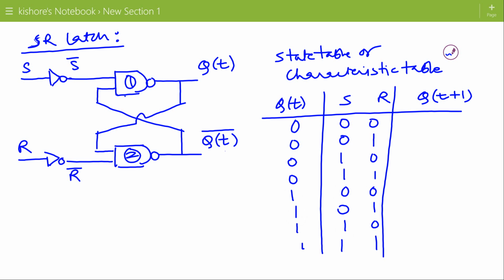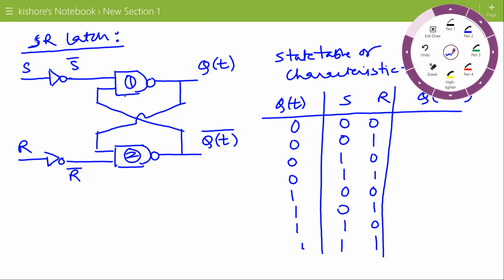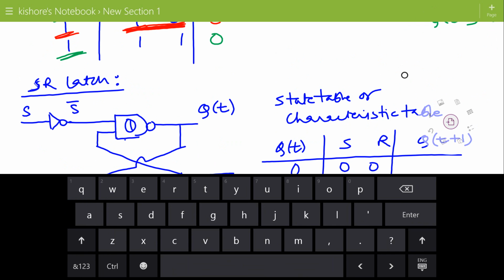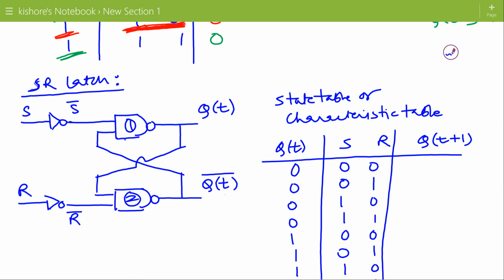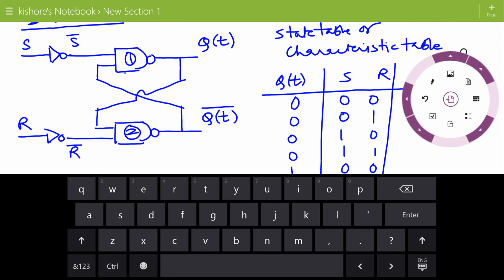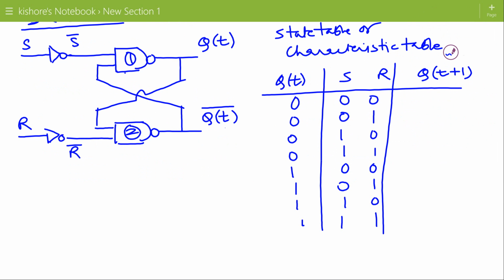When both inputs S and R are 0, the next state is 0. When present state is 0, S is 0, R is 0, next state is 0. When present state is 0, S is 1, R is 0, then next state is